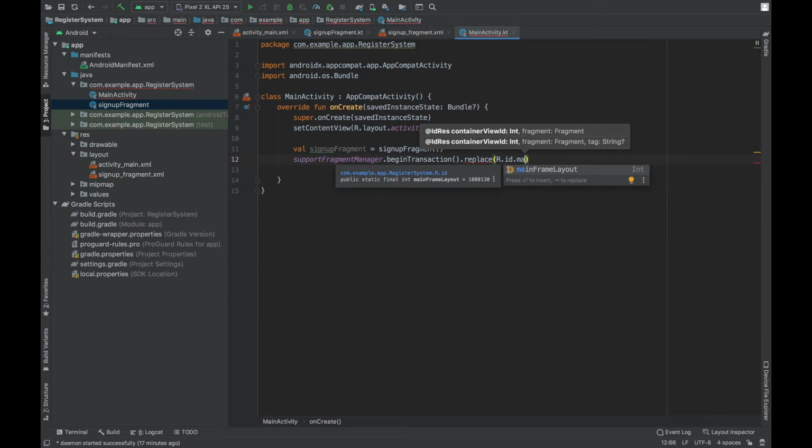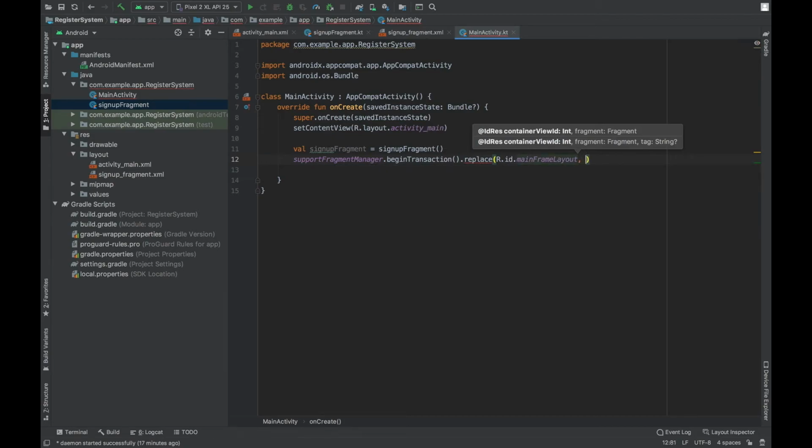Now this is the frame layout in which we are going to replace its content with the fragment, and here we are going to pass our sign up fragment object. Okay, now the basic setup of our sign up fragment is complete.